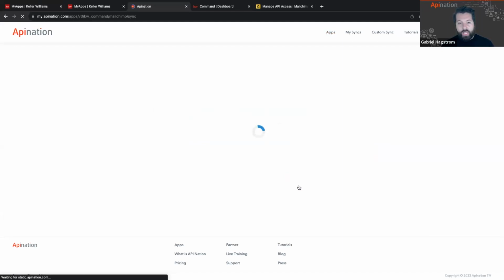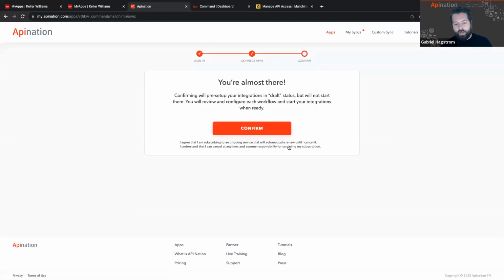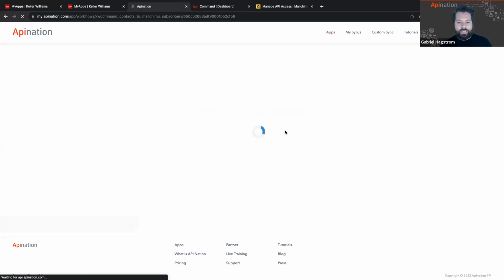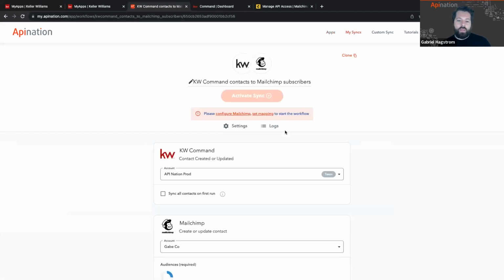MailChimp is now connected. Now I can launch as many of the automations and integrations between these two apps without having to reconnect them every time. They're just connected to the app or connected to API Nation and easy to find and use. So now it's created the sync,